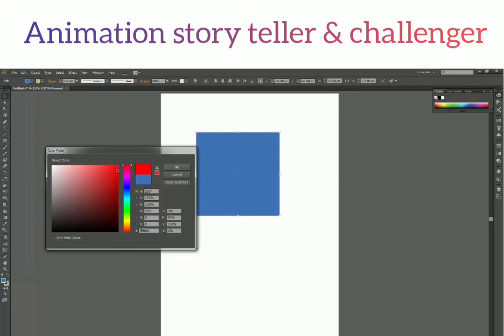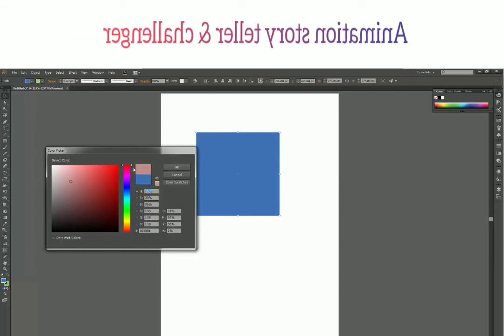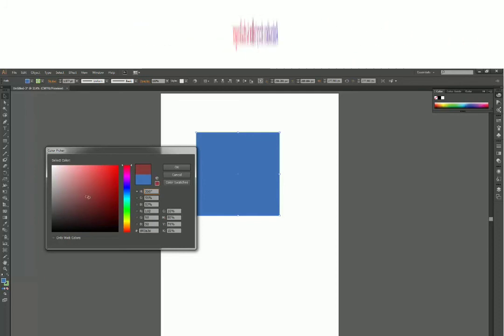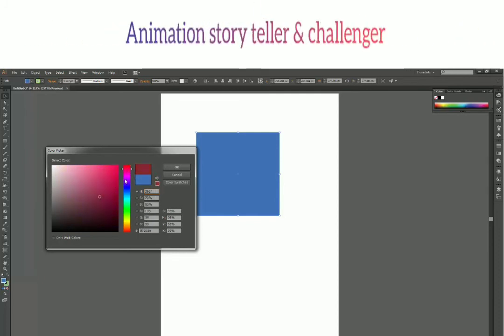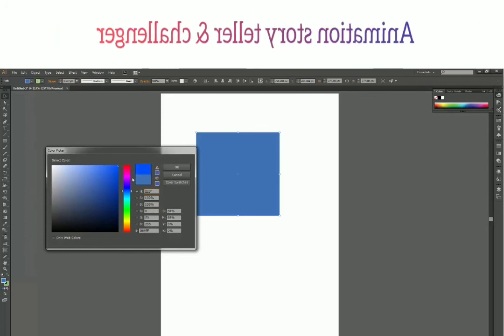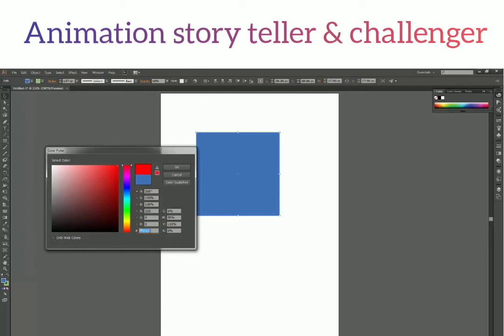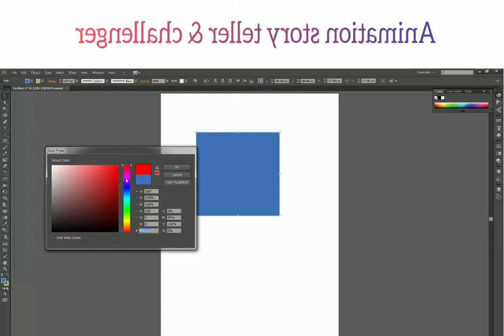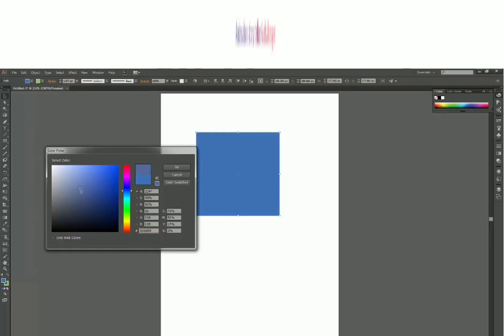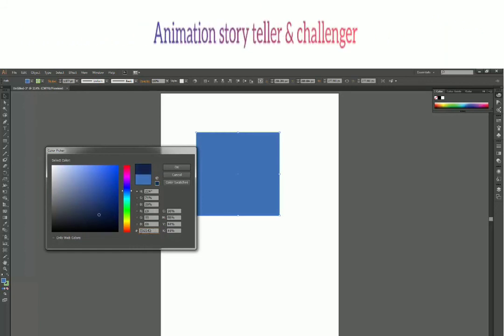Okay. So with that, we have these values also changing whenever we change something. So it is a good option available here. You can just copy and paste these values if you want to duplicate your color. And at the bottom, you have this color code. Right now it is FF0000. When I change the hue and I change my brightness and saturation level to something else, then this value changes.